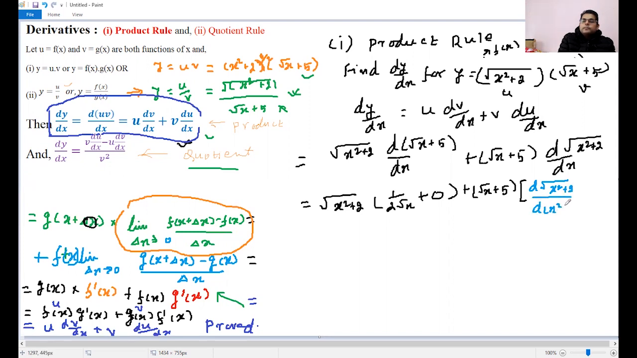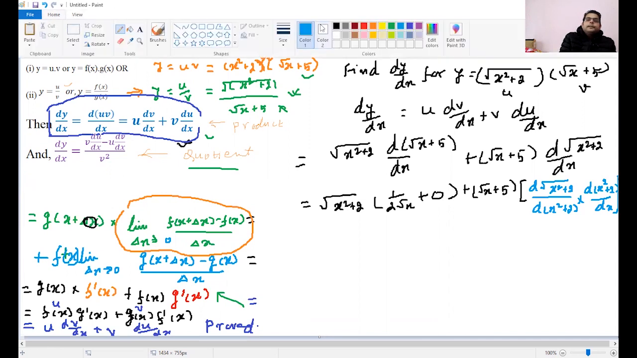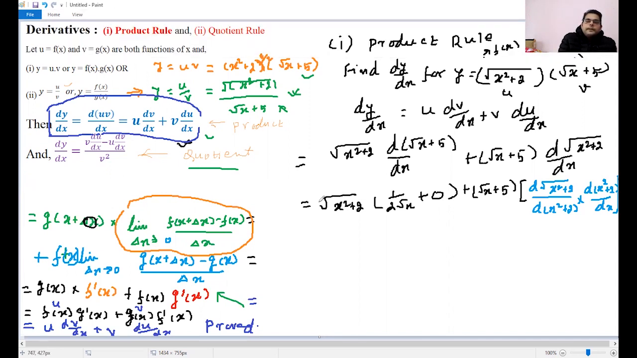So you should have knowledge of this sort of power rule, and then times this is d(x squared plus 2) over dx, all inside the bracket. Okay, and then proceed further. Just keep writing this sort of thing, or otherwise if you multiply these two, then it is under root of x squared plus 2 divided by 2 root x, and then it is plus,